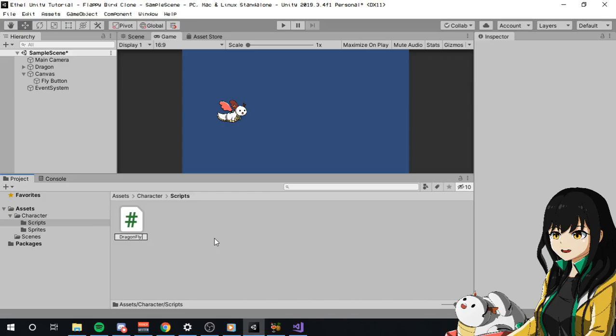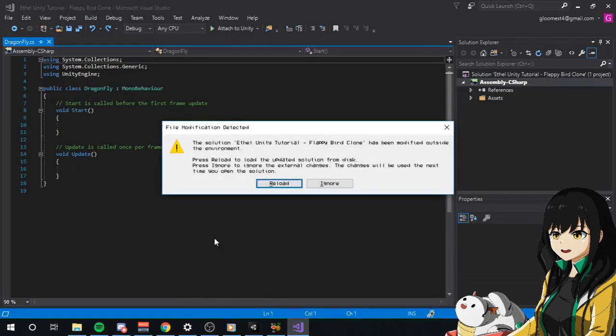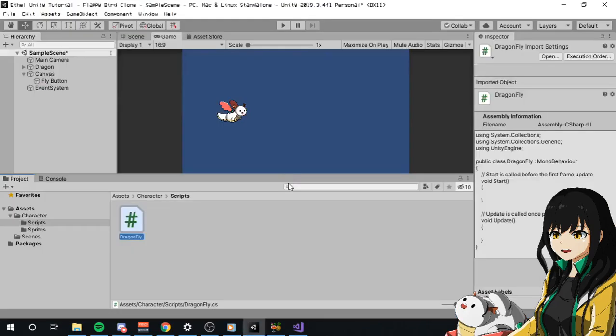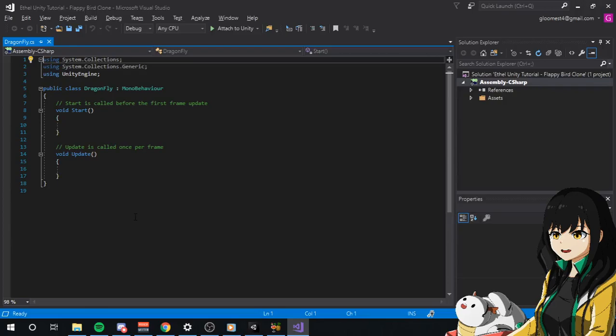Now, when you're naming a script, make sure that you don't use any space. Instead, to differentiate between words, separate them by capital letters. It's also good practice to always start the script name with a capital letter, like this. After you create the script, it will stay there, right? You can double click it, and Unity will open